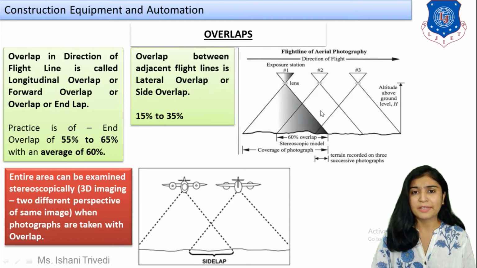Next, I am giving you a clearer idea regarding the same. So here we have the flight which is moving in this direction. This is the flight line. This is the direction of the aircraft. Then we have the overlapping. Here the first photo is taken, then the next, then the third. This is how three photographs are being taken, and this amount is overlapping. And as I said, you are going to view the model, the map, stereoscopically. So this is your stereoscopic model, meaning it is going to give you two different perspectives of the same particular 60% overlapped area, and this will be your complete coverage of the photograph.